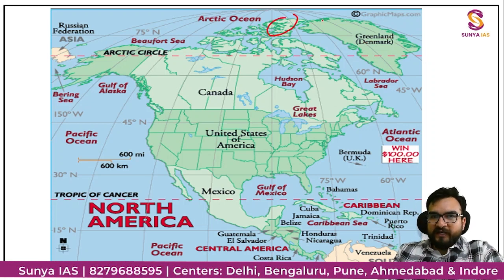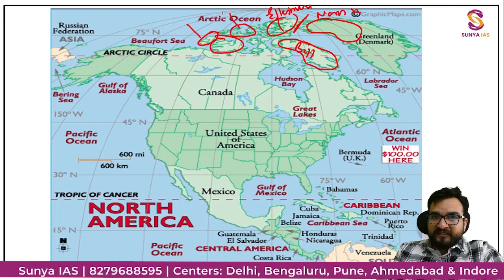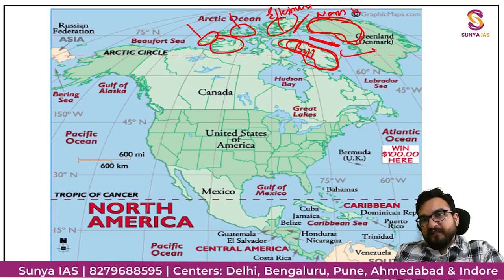So this particular landmass is connected by a water body. You are saying this is Nares Strait. This particular landmass is your Baffin Island. This is your Ellesmere Island, I have already told you. This is your Banks Island. This is Victoria Island. Over here, these are Queen Elizabeth Islands, right? And this Baffin Island is separated from Greenland by Davis Strait.